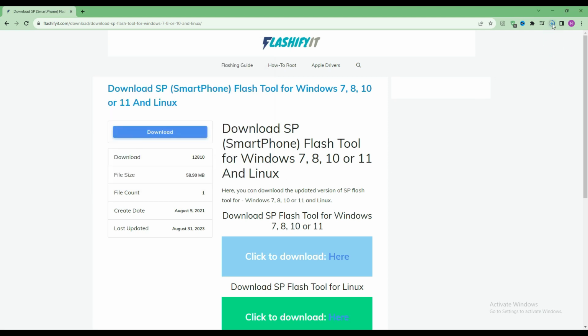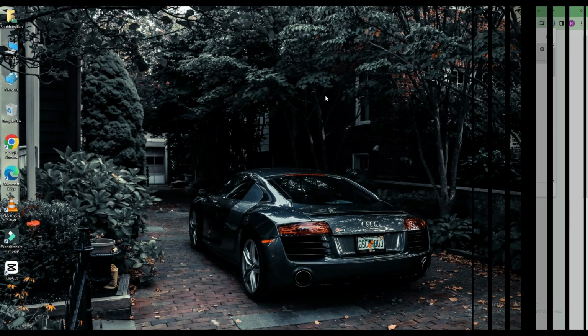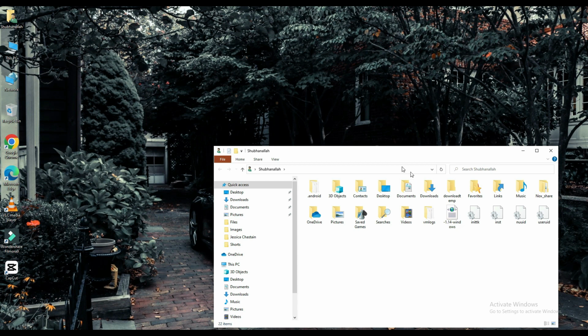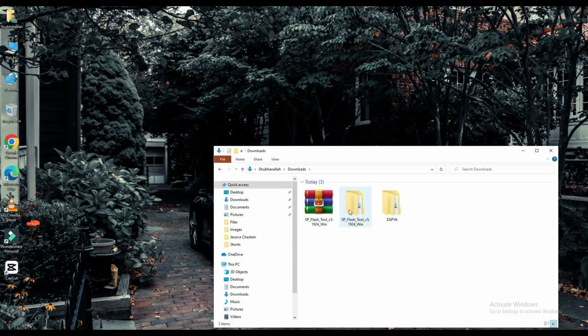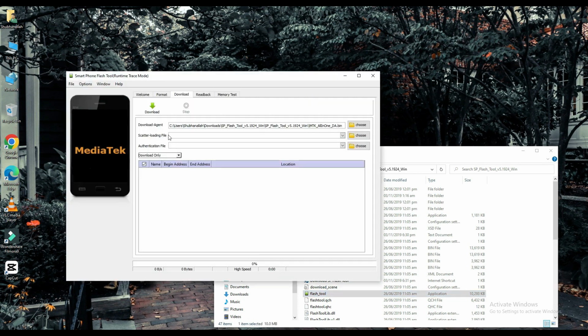Here you can see that our SP Flash tool has started downloading. Now click on your file which is downloaded. Select your creator loading file.